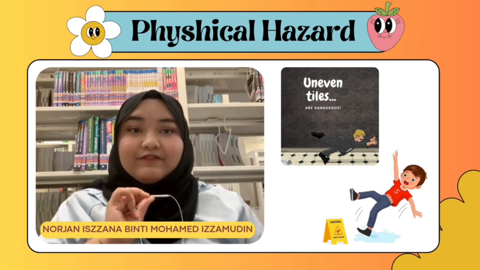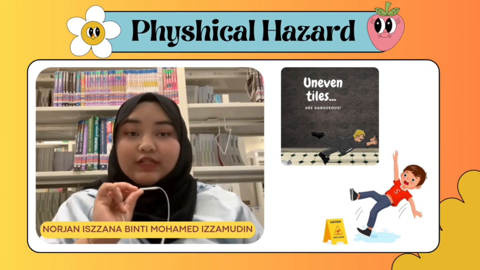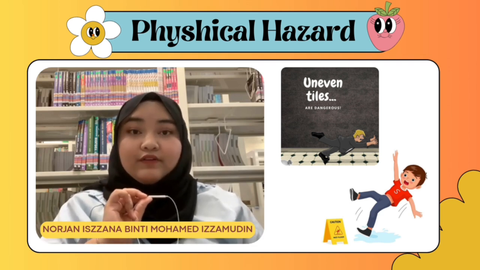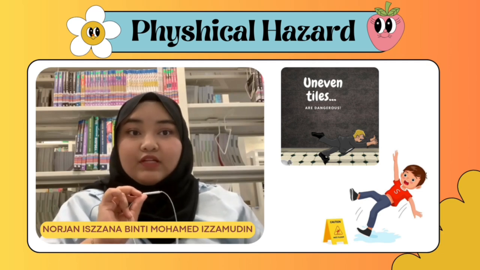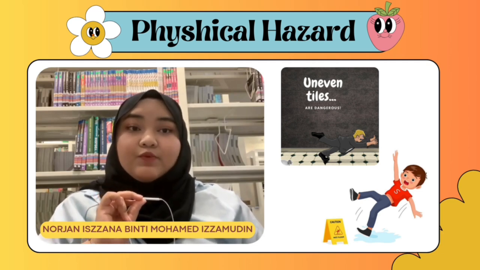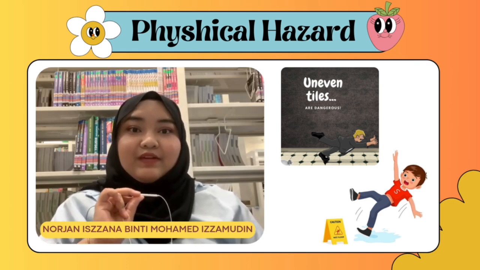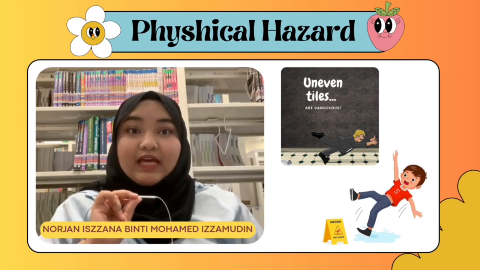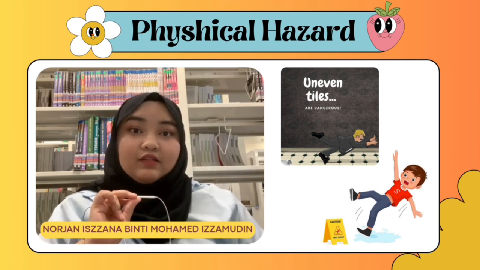Another common physical hazard is wet and slippery floors. This can happen in toilets, pantries, or even areas where cleaning is done. Sometimes the floor becomes slippery due to leaking pipes or because cleaning staff forget to place warning signs. When someone slips, the injury can range from a small bruise to a serious fracture. This kind of accident can also lead to compensation claims and lost productivity.